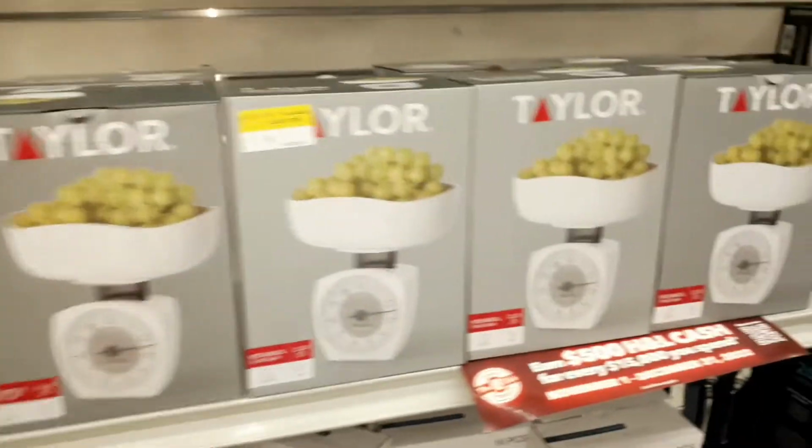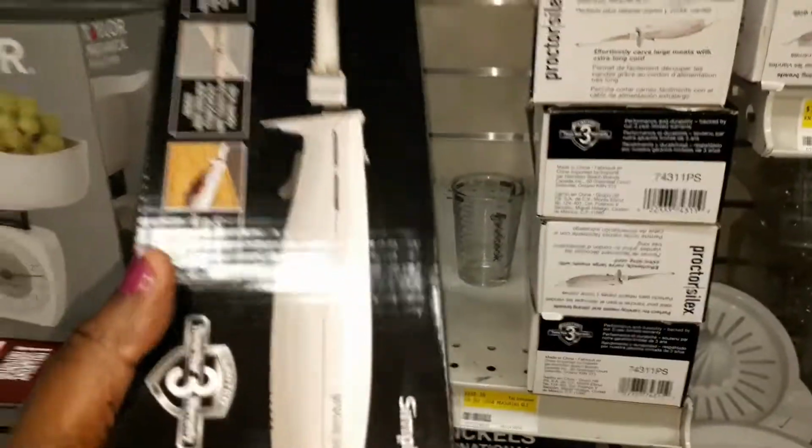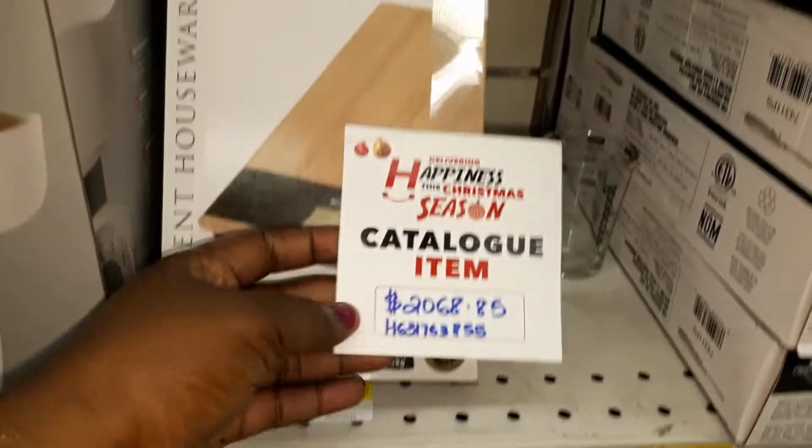You can get a scale, and they have this electric knife set for the Proctor Silex brand. So these are great to cut like your turkey or your ham, and they have this here for